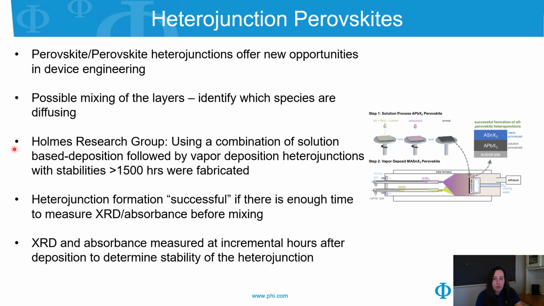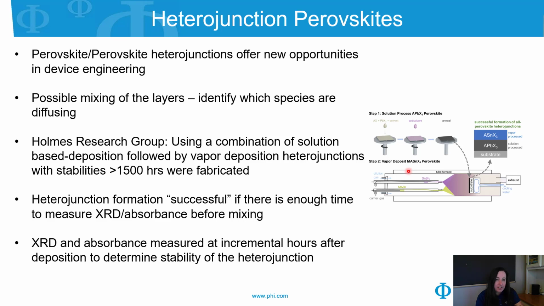In Russell Holmes' research group at the University of Minnesota, Catherine used a combination of solution-based deposition, which I've shown here, followed by vapor deposition in order to make heterojunctions. And she found some that had stabilities of greater than 1,500 hours, which is about 2 months, which I think